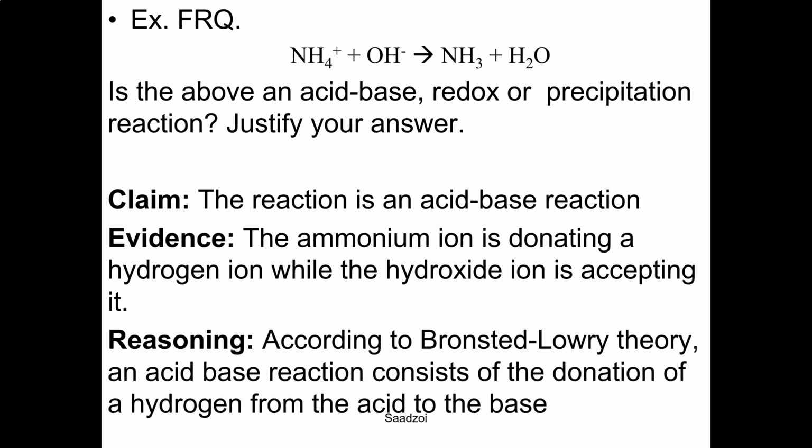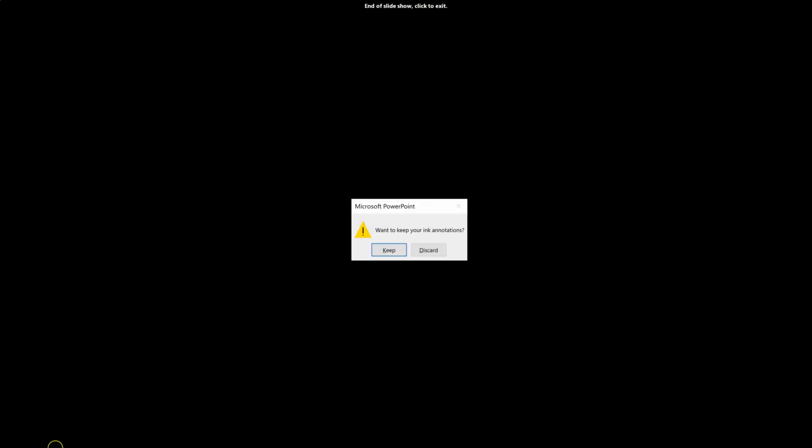And then your reasoning, according to Bronsted-Lowry, this is where you name drop. Your reasoning is where you drop the names of the concept or anything that's related to answering the question into the explanation. According to Bronsted-Lowry, an acid-base reaction consists of the donation of a hydrogen from the acid to the base. There's full credit. Most students will just stop at the evidence, and then they lose points because they didn't go the extra mile and explain what the relevance of the evidence is. So start thinking in terms of what is my reasoning for the evidence. Once again, reasoning is the concepts. That's where it comes from. All right, and that's basically our